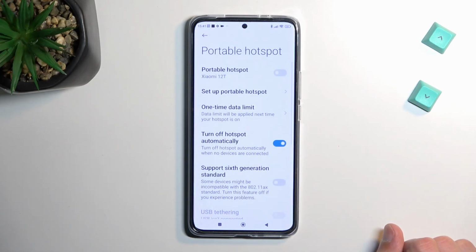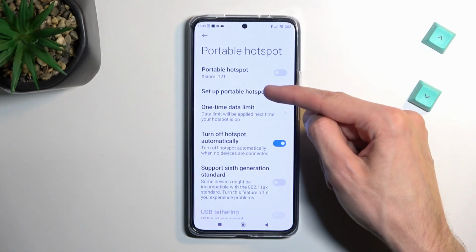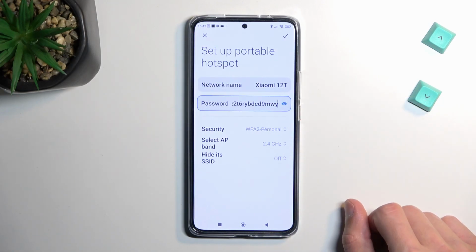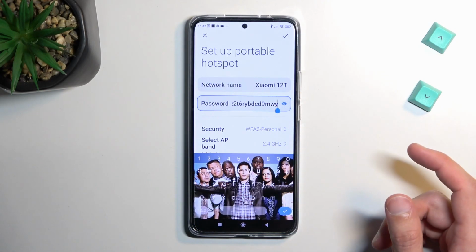This will take you to the settings where you can customize this. Now the reason you want to navigate here the first time around, even if you don't really want to customize anything, is because the password is randomly generated. So let's select right here, set up portable hotspot, and you can obviously view the randomly generated password and utilize it if you want to, but I highly recommend